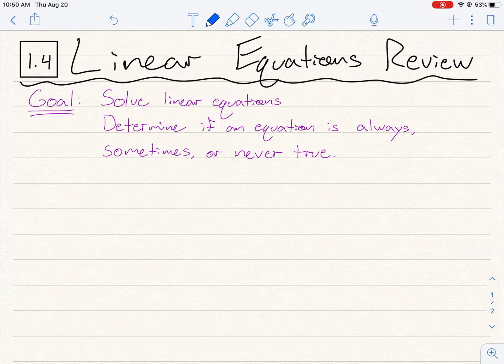So our first video here, we're going to talk about linear equations. We're going to go back to Algebra 1 there. We're going to review this a little bit. So the goal is that you can solve a linear equation and then determine if an equation is always, sometimes, or never true. Now, when we are talking about solutions,